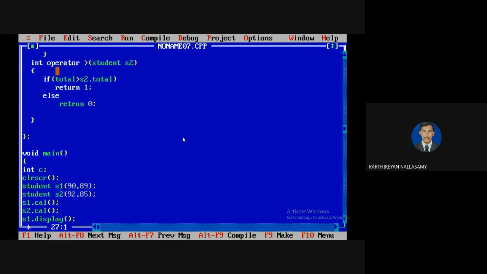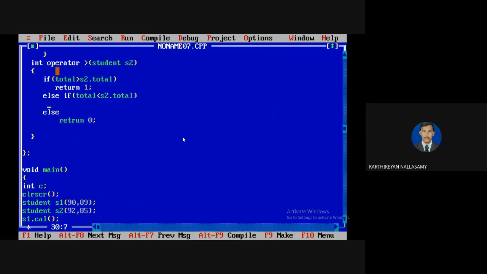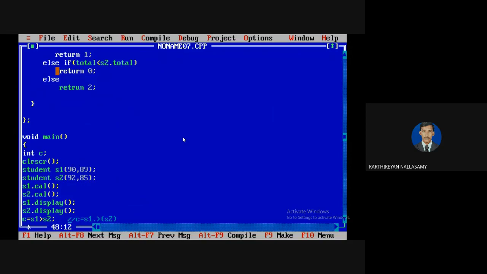So I'm expecting to represent 3 possible cases, so we have to write S1 current total greater than S2, and it is less than S2 dot total. Return 0. Else return to that, because there are 3 possibilities. So you have to represent that.